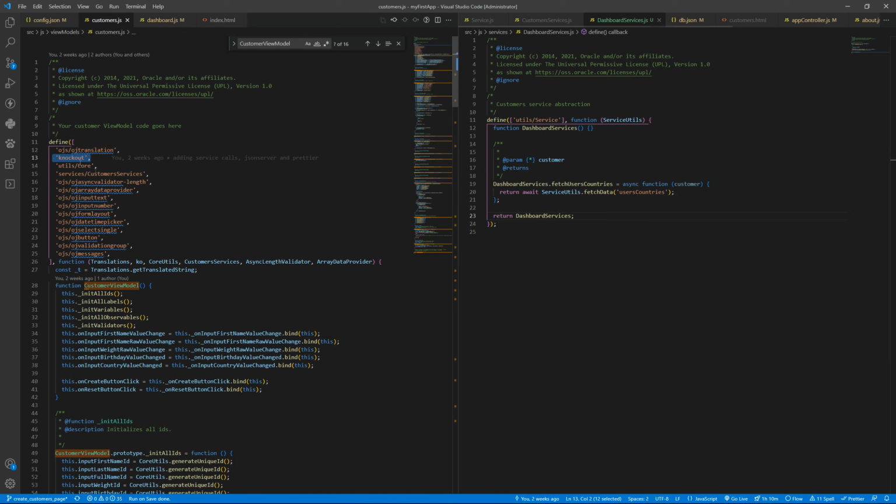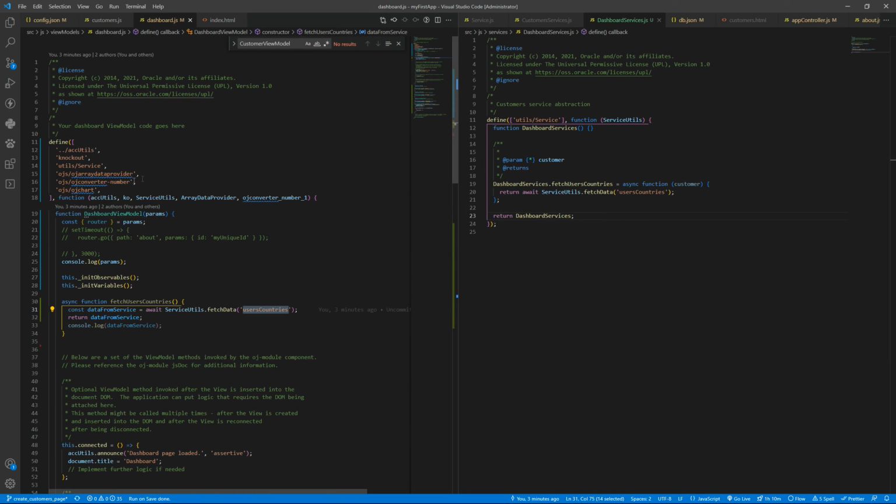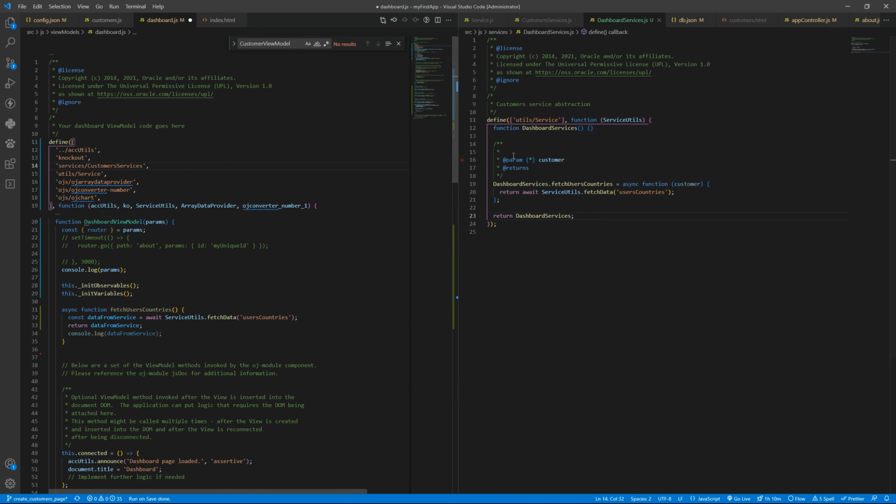Here, let's load dashboard after the knockout dashboard services. We are just using the same notation as inside the OJ modules. You can do as you wish, so don't really bother about that. Also use the prototype. We are going to test it out. So after here, the dashboard services, and we will